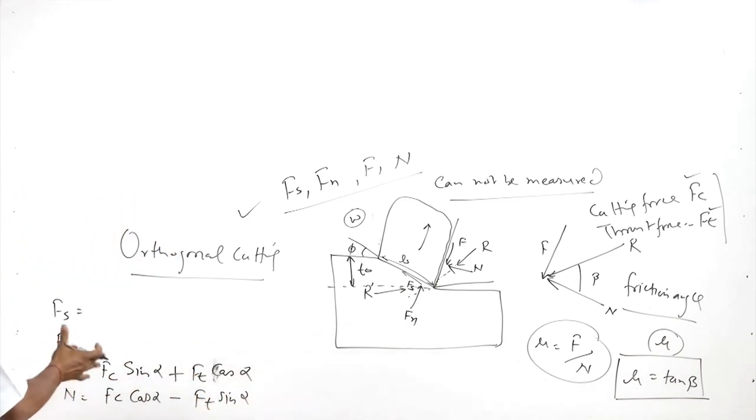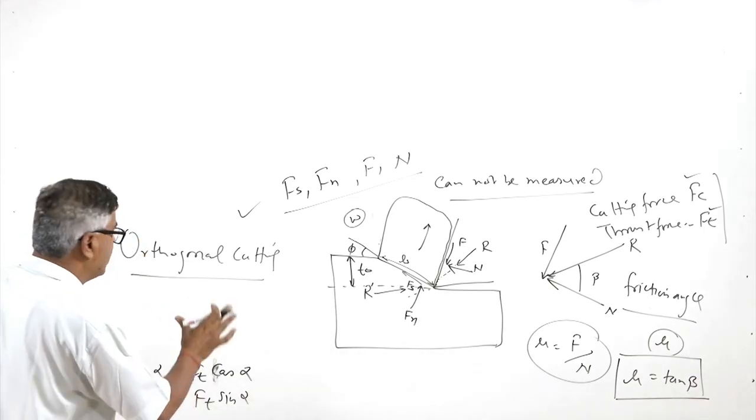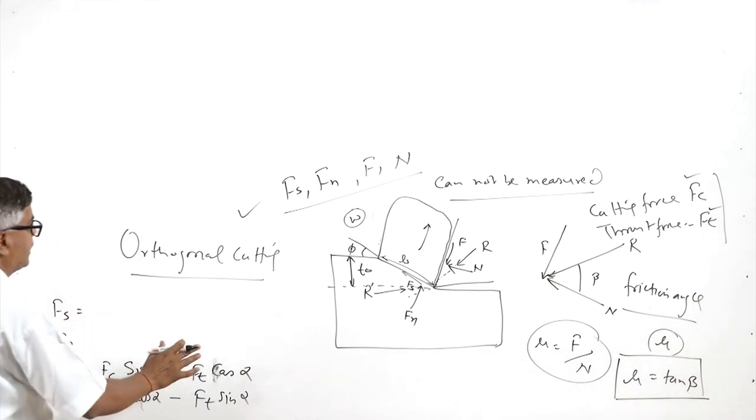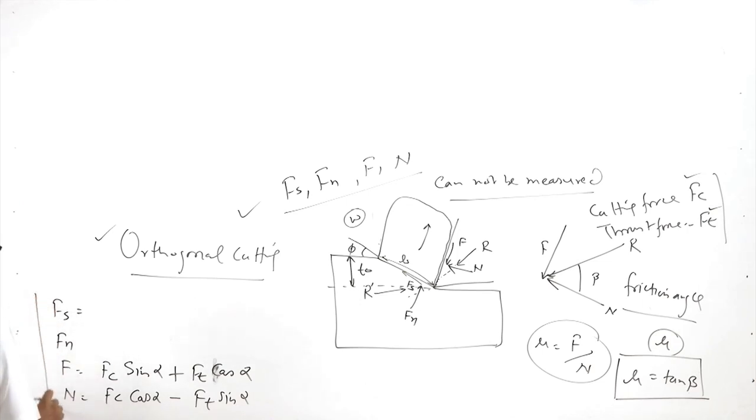These equations are derived through the Merchant circle, since it requires a very elaborate diagram. So just under the simplified conditions for the orthogonal cutting, these are the equations which are used for calculating the